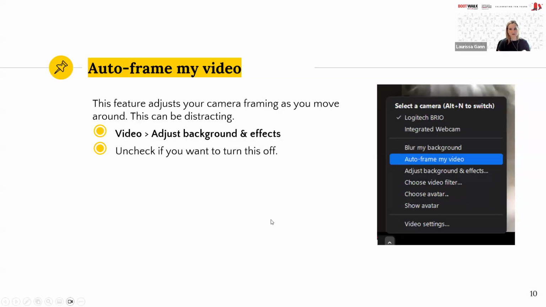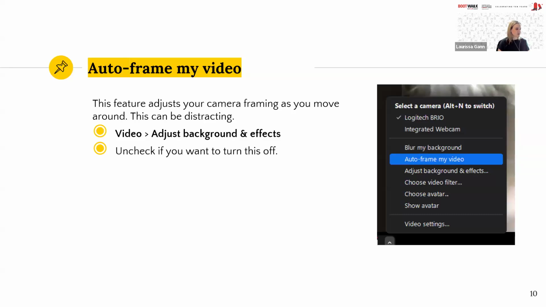The other weird thing that popped up on this latest version of Zoom is this thing called auto frame my video. It does give you the option to turn it on or not turn it on, but I've had a couple of people turn it on by accident. What it does is, and I don't have mine turned on because it drove me bananas, if you lean over to pick up your pen or grab something, the camera will reframe your image. This just means motion sickness to me,